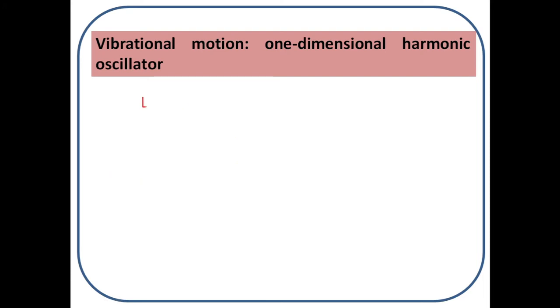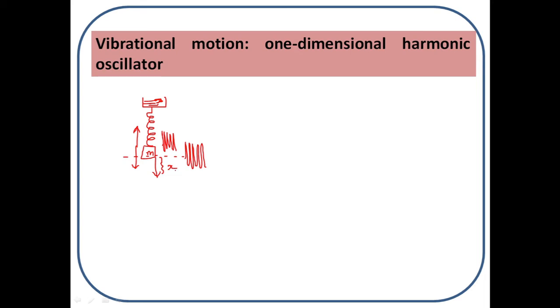Now we can compare the simple harmonic oscillation to a spring which is attached to a mass m. If you pull this mass and release, it will start oscillating in an up and down manner, and this will be the equilibrium position. It will be oscillating about this equilibrium position, and therefore it can be considered as a simple harmonic motion or a simple harmonic oscillation. Now if you pull this mass downward through a displacement x,